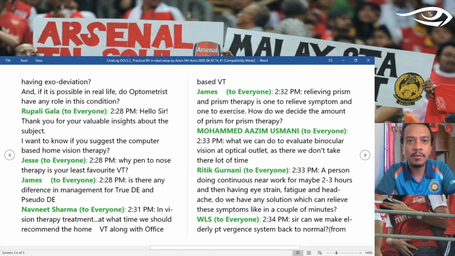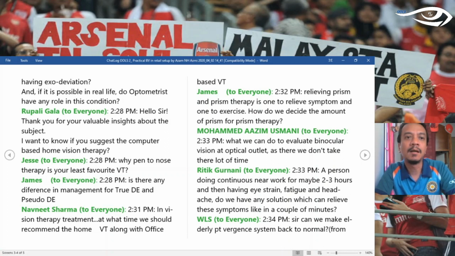To tell you the truth, I have never seen one, but there is never an impossible thing that we can actually see in our clinical practice. So I won't discount the possibility. It is still possible for the patient to have perfectly normal positive functional vergences, or maybe higher than normal positive functional vergences, but still the patient has exo deviation. Maybe the additional